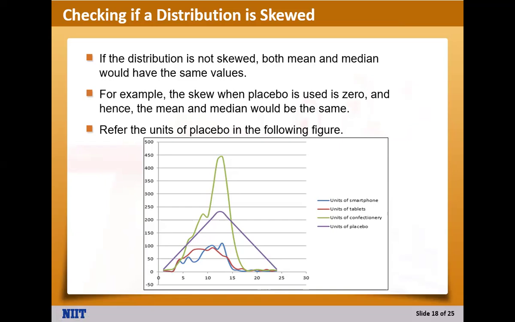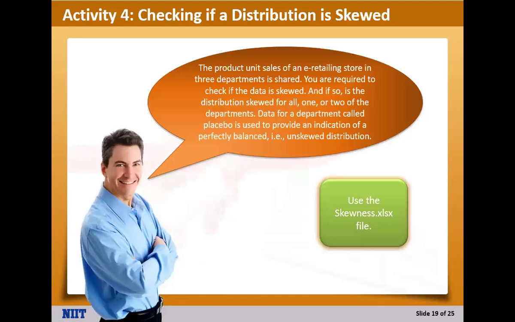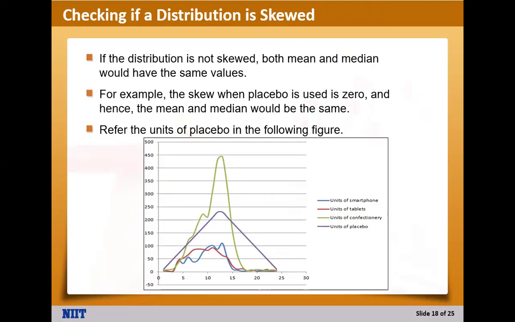Okay, I think this one skewness is left. So let's go on. For example, the skew when placebo is used is 0, and this means it has no skewness, and hence the mean and median will be the same. After that, the other ones are skewed,